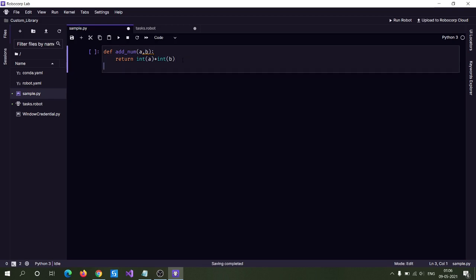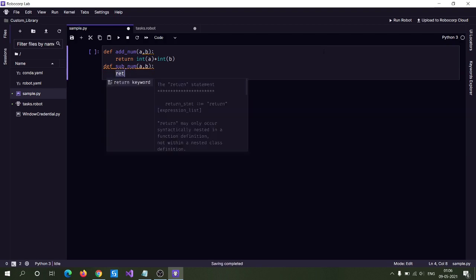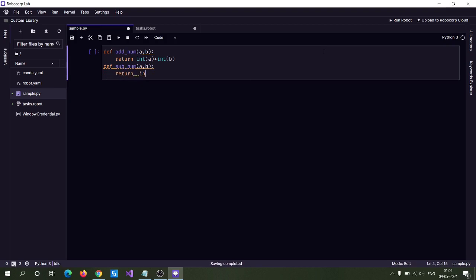For example, let me add another function which will do the subtraction. It takes the two input parameters a and b, and returns the difference of these two numbers.